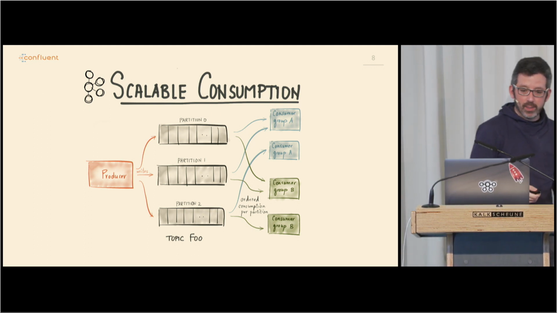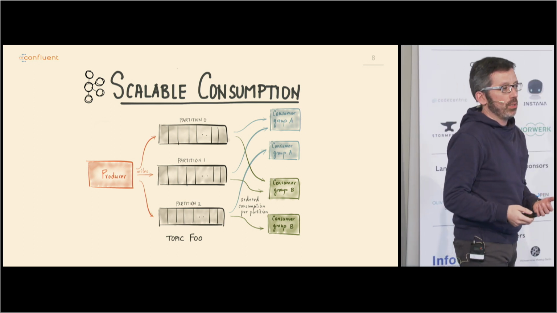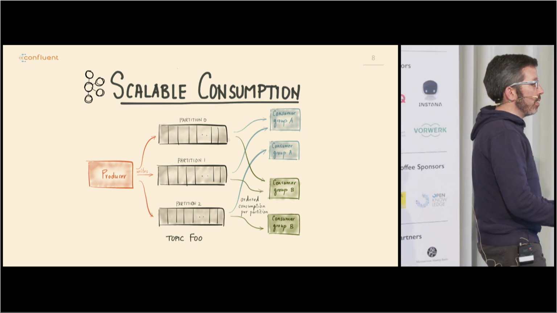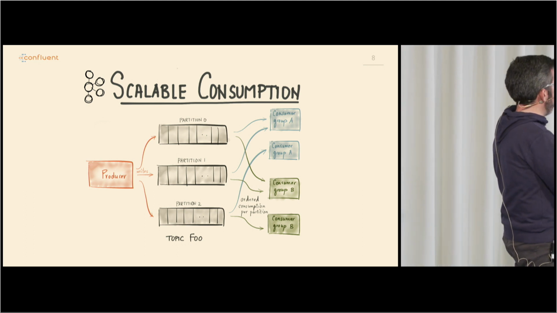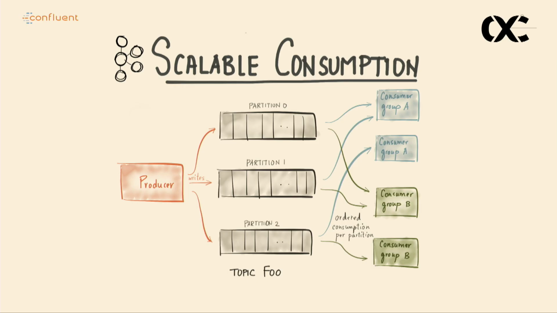The idea of Kafka, or what it brings, is scalable production and consumption. Scalable production is because the producers can write to as many partitions as they want or need to, because there is a hash algorithm that lets you decide which partition the producer is actually writing to. But as well, the consumers grouped into this consumer group are able to scale the reading from each of the partitions.